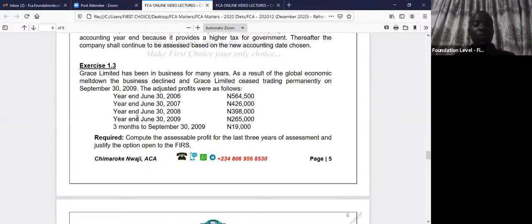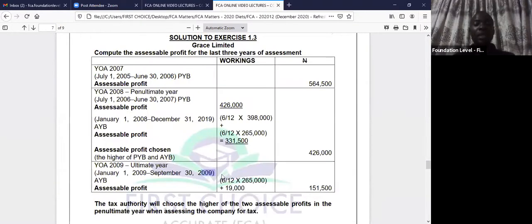And so from January 1, 2009, where can we find it? You can find January 1, 2009 to June 30th, 6 months. So we're going to take 6 months here. And this remaining 3 months, which makes 9 months, this 19,000, we're just going to bring it. So we are taking 6 months out of 12 here, plus this 3 months figure of 19,000 gives me 151. So that's what we do for the